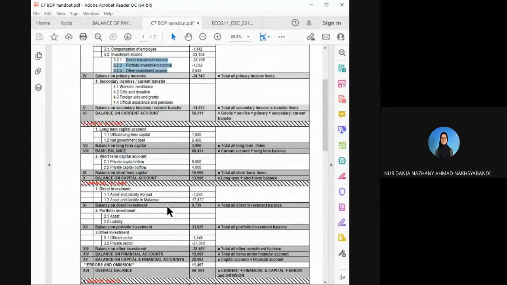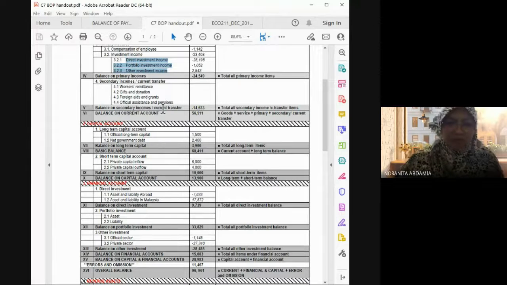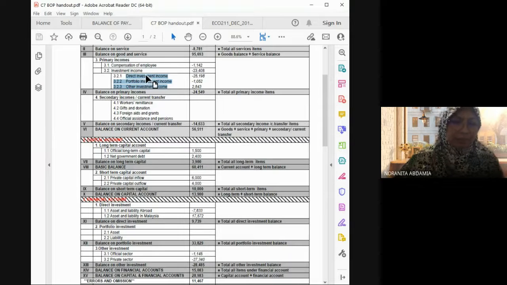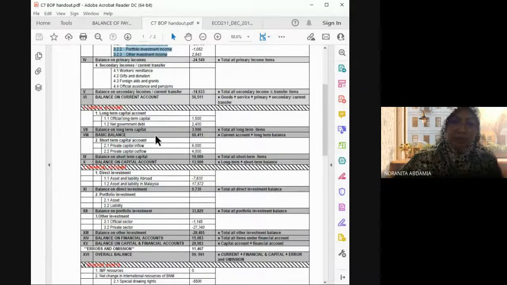Nampak, madam. Okay. As long as you can see income at the end of the term, confirm that it is under investment income, which is under primary income. But without the income, it's just direct investment, portfolio investment, other investment. Confirm this is under financial. Please, I beg you, please don't misunderstand and misconceive about this. Penat nak marking salah. Kesian, sebab for me this is actually simple je.